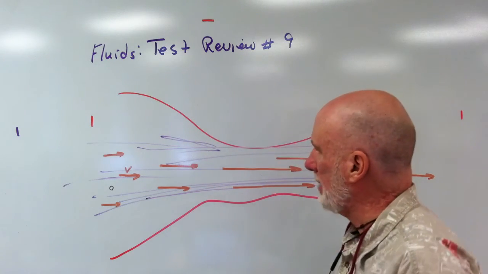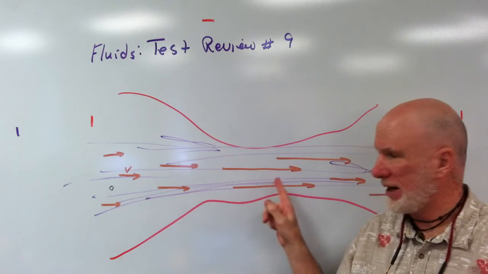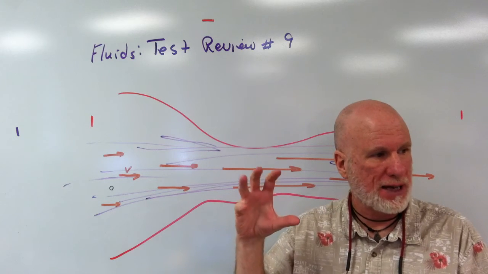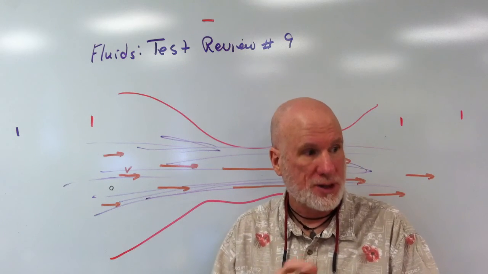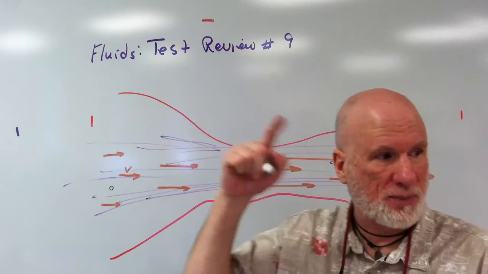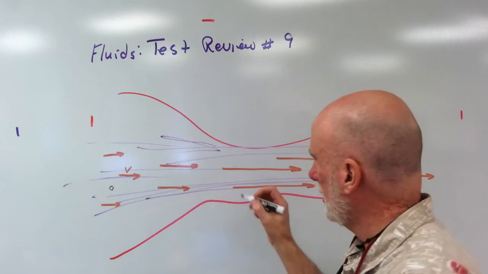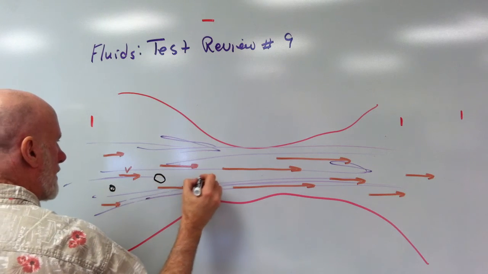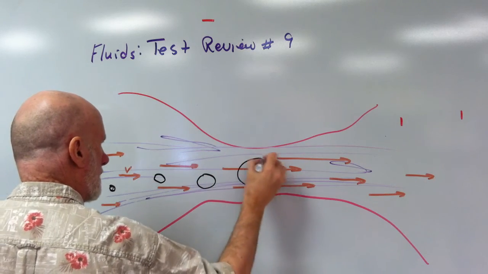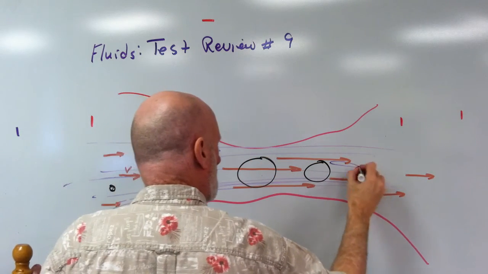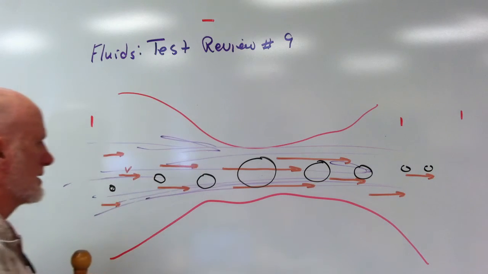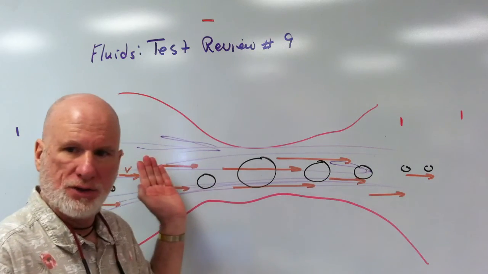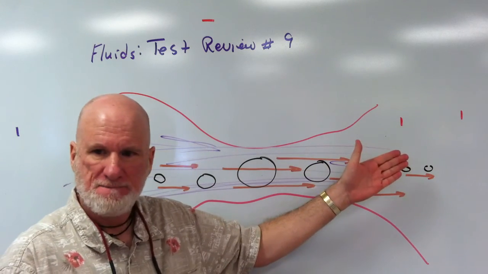So what's going to happen to these bubbles as they reach this area here? Are they going to contract or are they going to expand? They're going to expand because the perpendicular pressures are lower here. So here I have a bubble here. And as the bubble gets closer, okay? As the bubble gets closer to this area where the stream is moving faster,